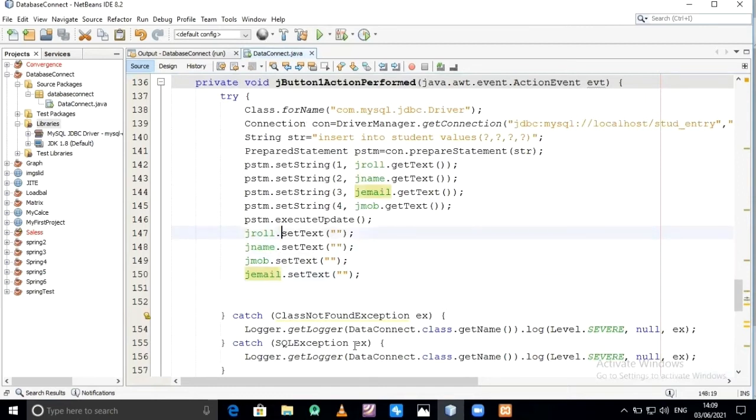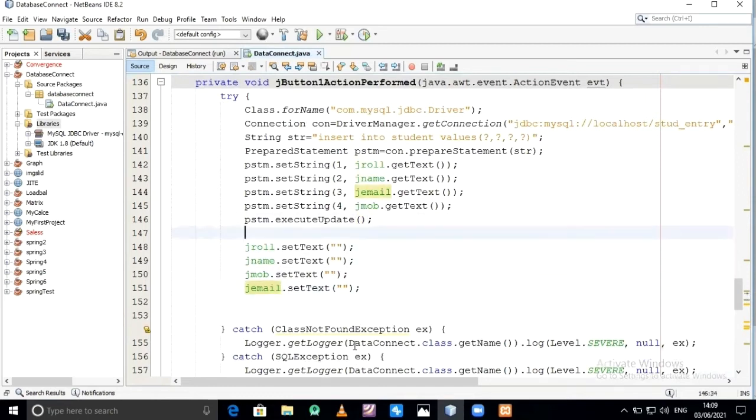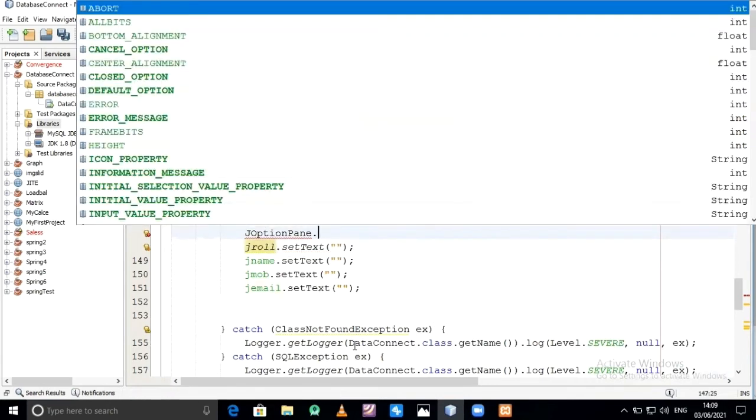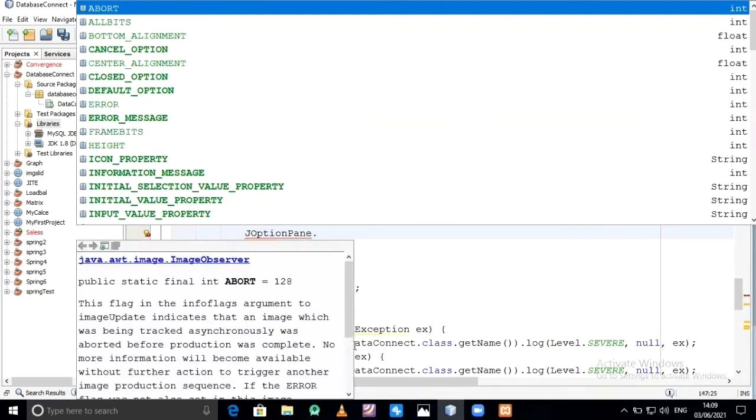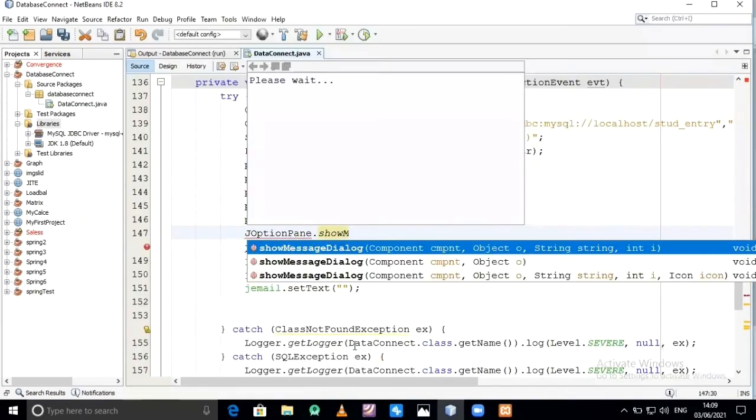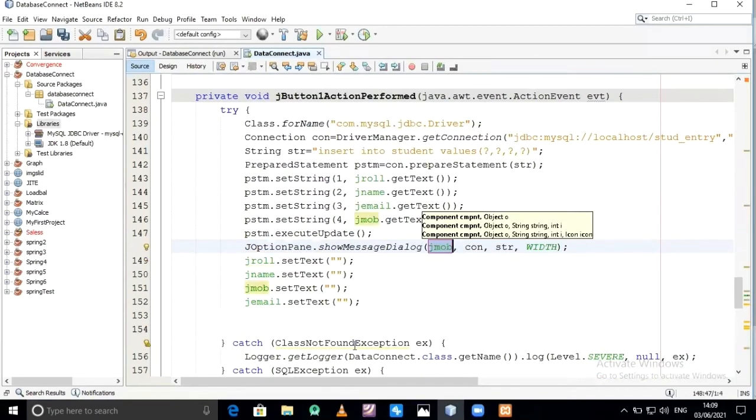And after inserting all the information, we are getting the message whether our data is inserted or not. JOptionPane dot showMessageDialog, the information whatever we want to show after inserting all the data into a database.